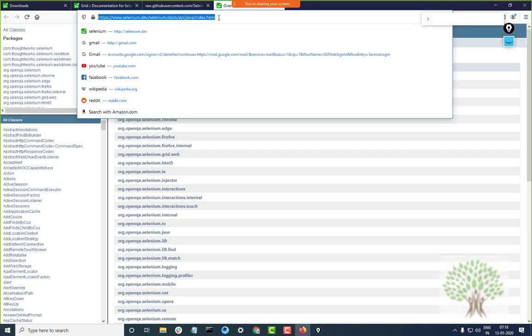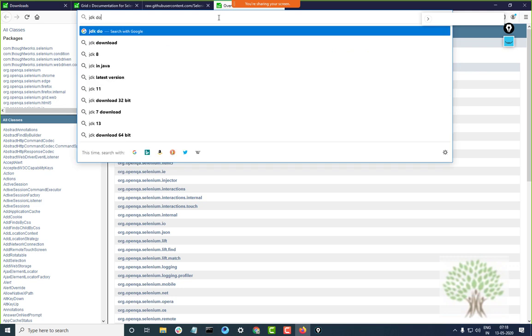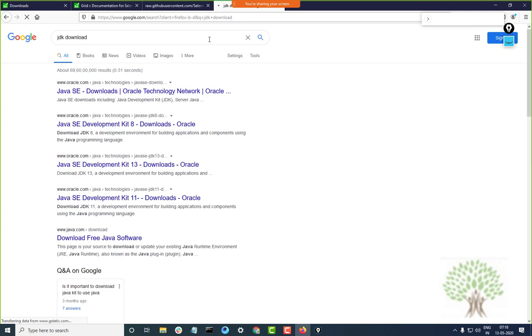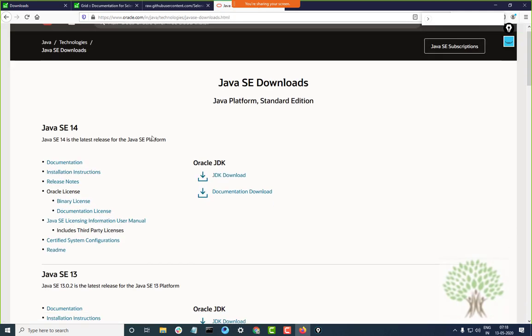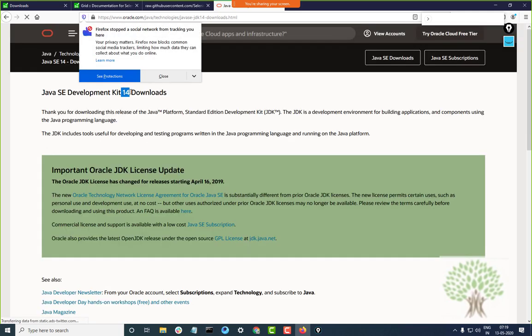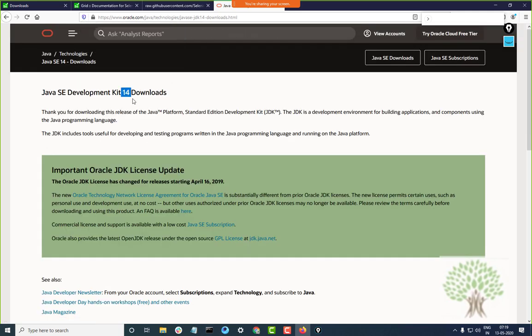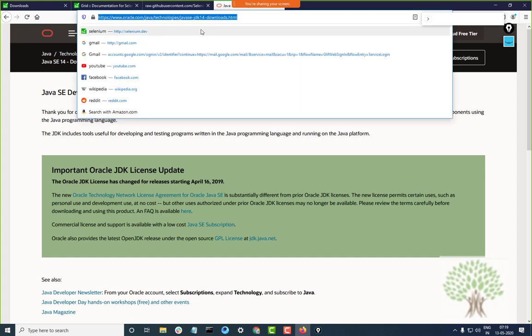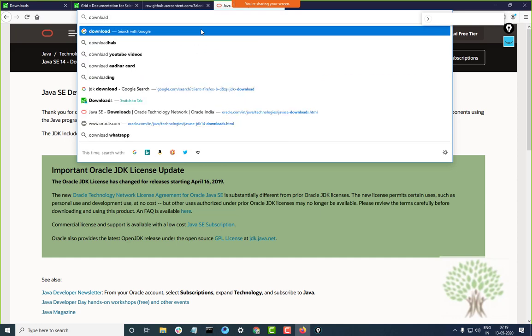Okay, if I write over here a JDK download, which is actually Java download basically, okay, then Oracle is the website from where you can download. Fine, and the latest version is 14. Fine, but Selenium supports JDK 8. Officially it's written on their website as well.